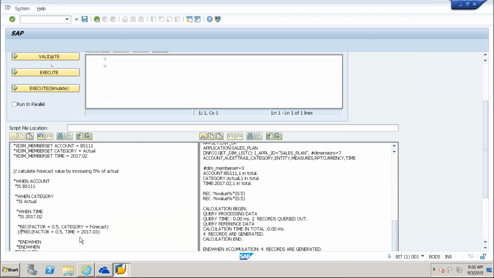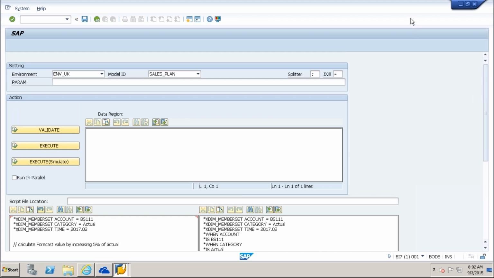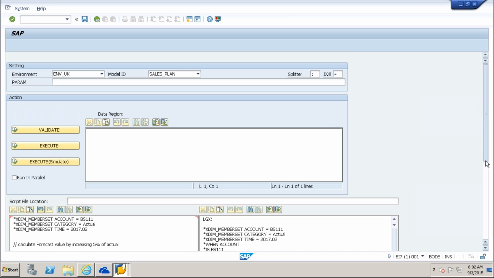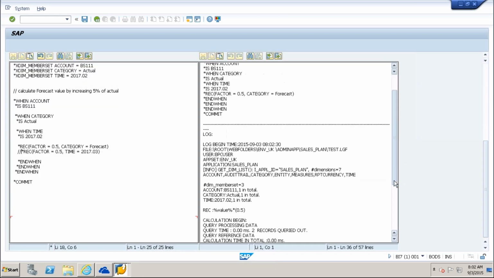I commented this out here and validated. And I'm writing the same forecast value on 2017-02 now. I'll check and let you know where we made the mistake. I'm going to execute. Now two records are queried out.